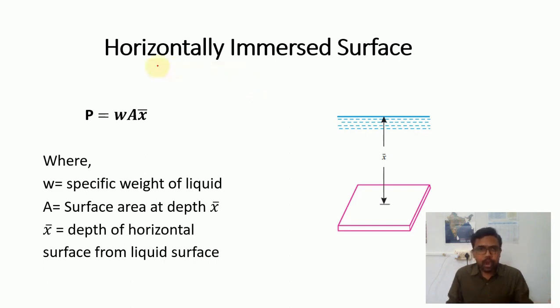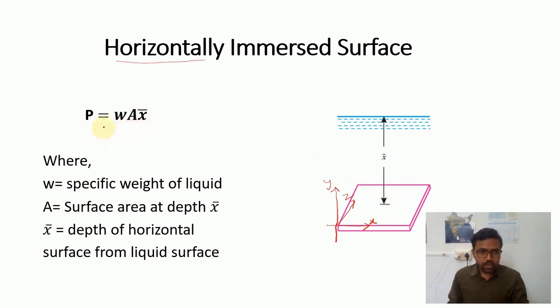When the object is immersed horizontally, it means its surface coincides with the horizontal plane. Suppose we take the coordinates, it is completely on the x and z axes, so the xz plane is a horizontal plane, right? If you take a Cartesian coordinate system, this body is on the xz plane, so it is a horizontal one. If this is the case, how much total pressure force will act on the surface?